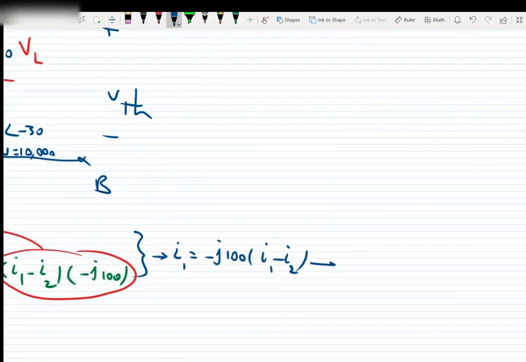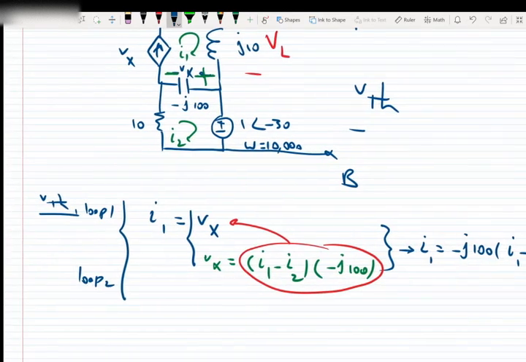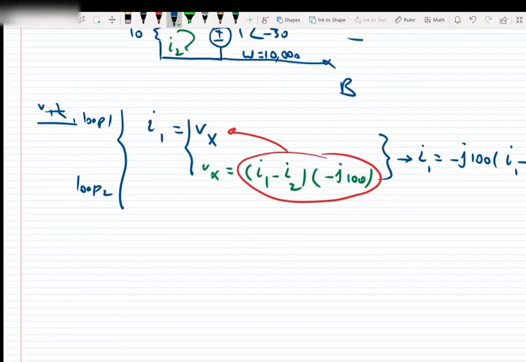or we can say 1 plus J100 I1 minus J100 I2 is equal to 0. So this one is the first equation, and the second equation, which is loop 2, we can simply say